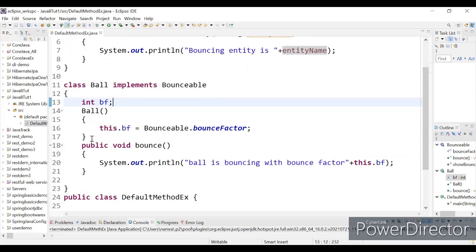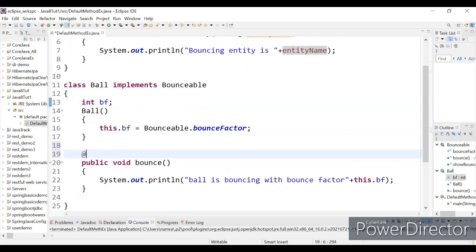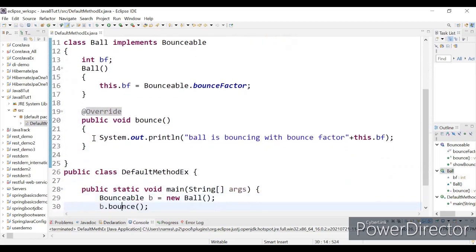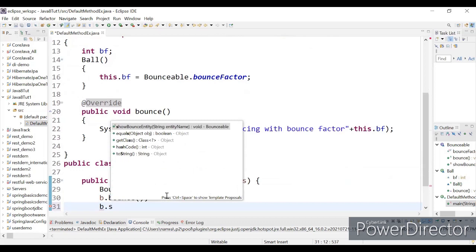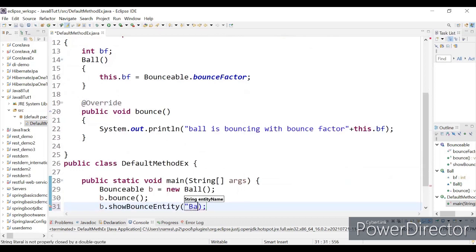Okay. This I have overridden. So let's mark it using override annotation. Okay. And I'm not overriding the default method, but I can still use it because it is inherited. b dot show bouncing entity, and our bouncing entity is ball, right?